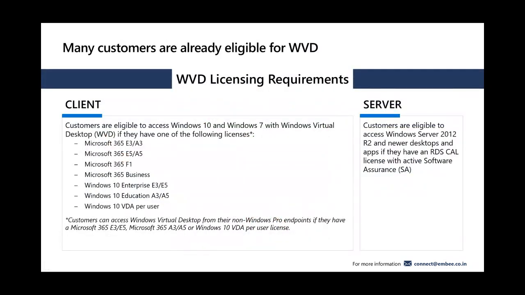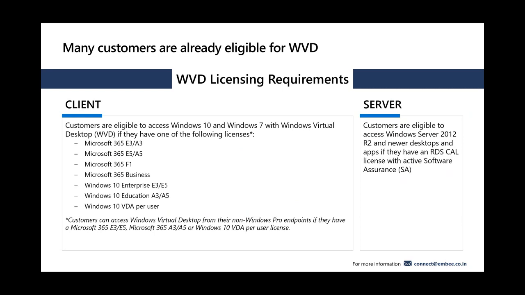If you have those existing licenses available with your organization, then you are eligible to use the WVD environment without any additional license cost. So if you have Microsoft 365 E3, E5, F1, or Business, you can use the WVD client-based environment on Azure without any additional license cost.